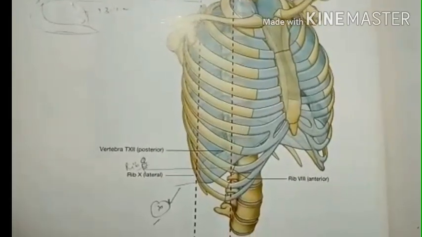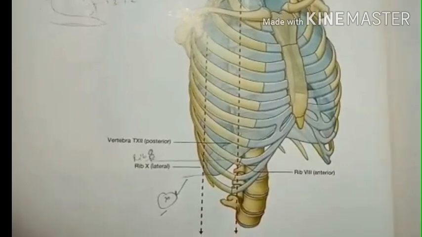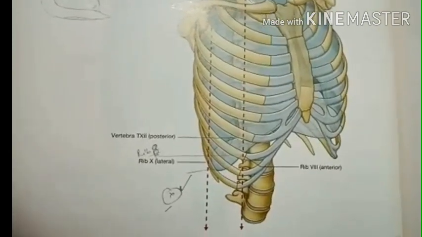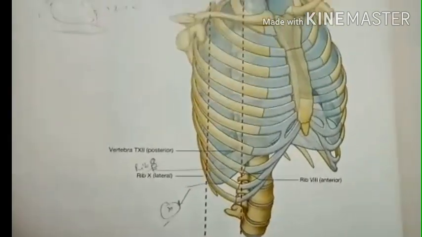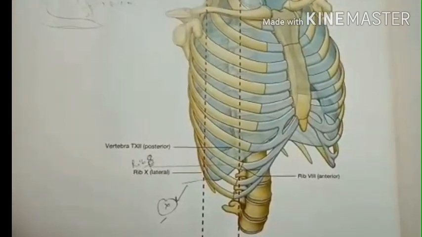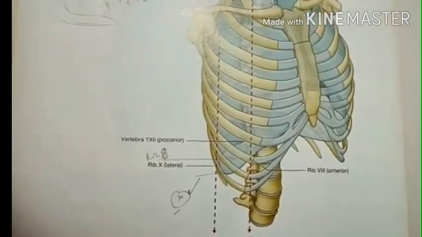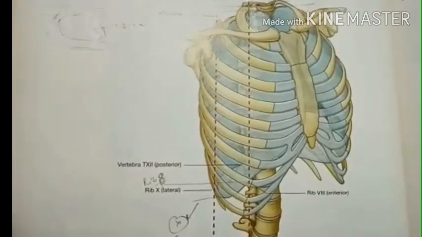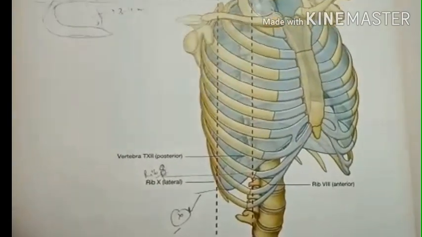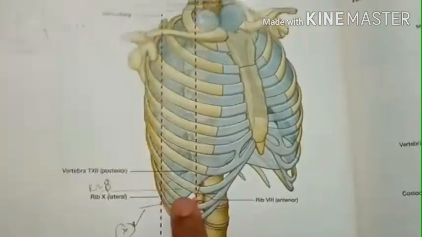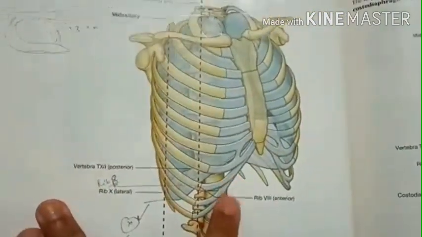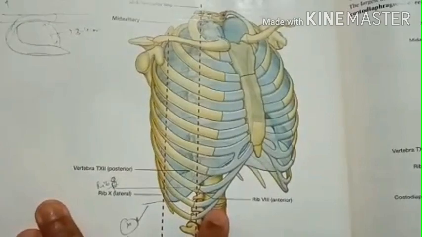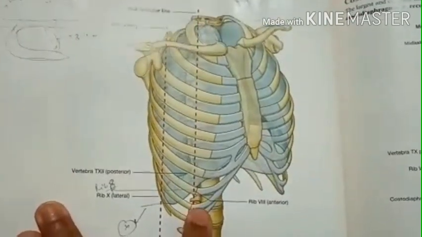Talk about the parietal pleura. The same is with the visceral pleura. The location at which the parietal pleura and the visceral pleura meet is known as the hilum. Now in this diagram we can see that there is always a space between the parietal pleura and the last ribs, that is our 8, 9, 10 ribs anteriorly.